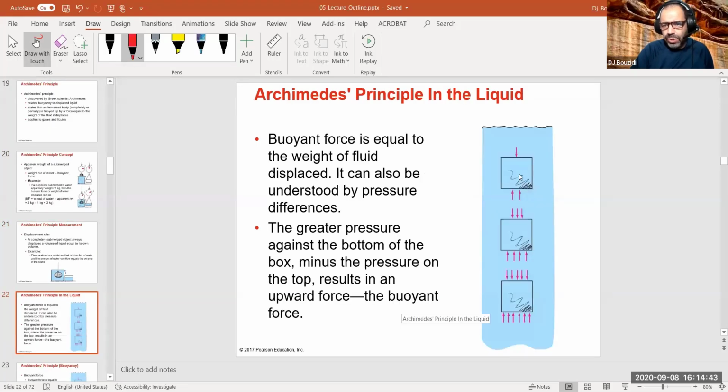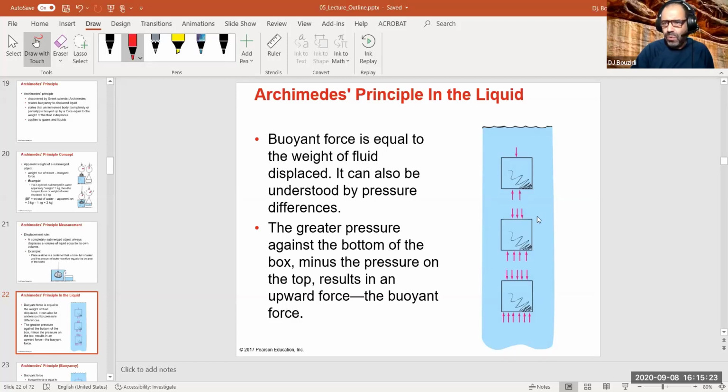The buoyant force is the difference in pressure also. You can explain it in these terms. If I have twice the pressure, for example, as at the top, the difference between them is one value of pressure. If I now quadruple the value, multiplied by 4, this one only triples, because I need to retain that difference of one numerical value. So it doesn't go proportional. Now, if I go 6 times, this one goes 5 times to retain that difference of 1. So it's just a difference in pressure. That's basically where the buoyant force is coming from.